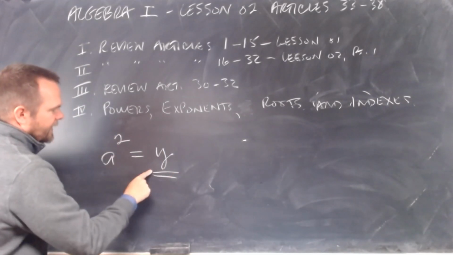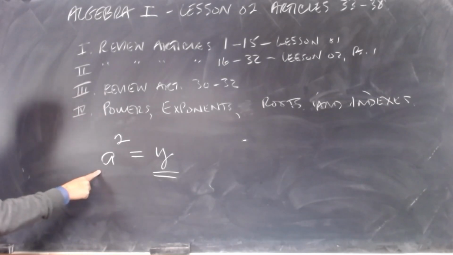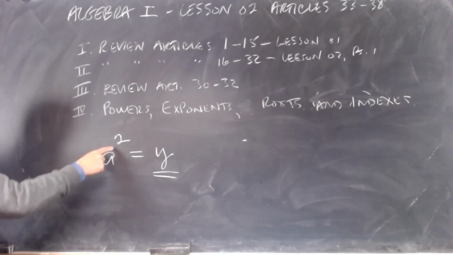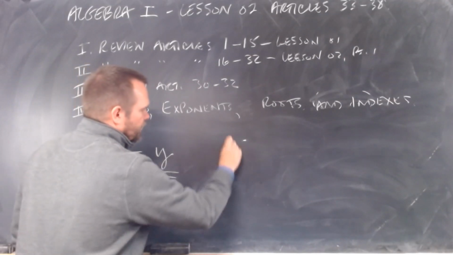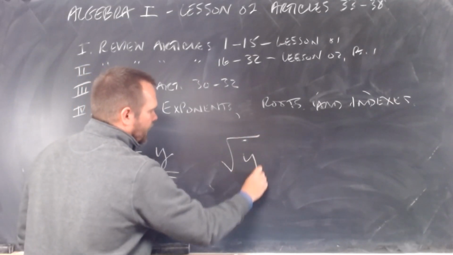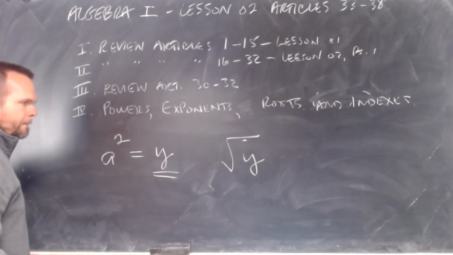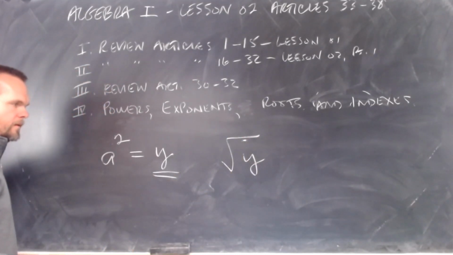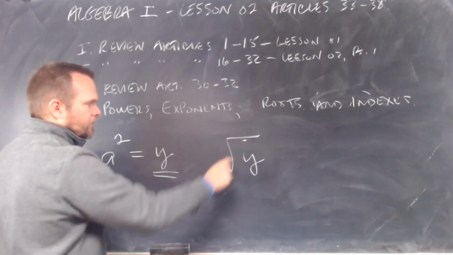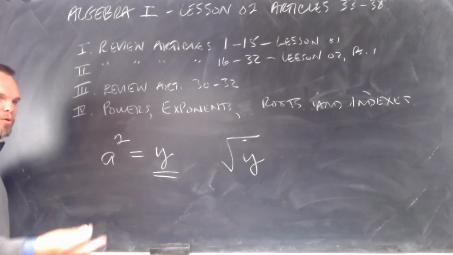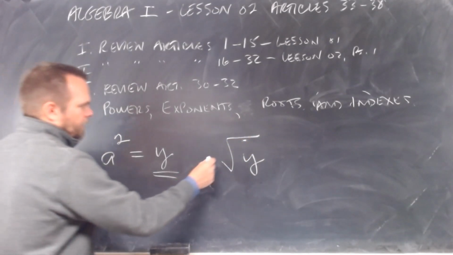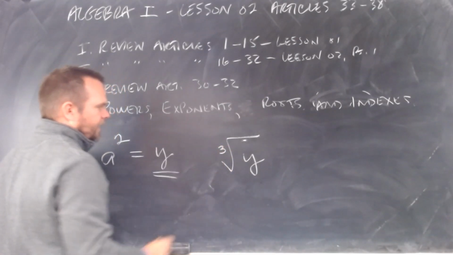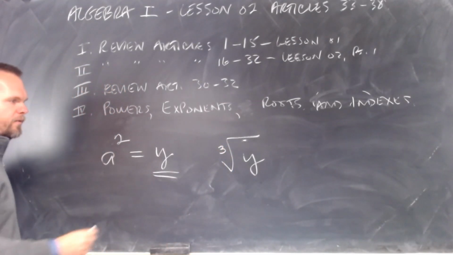This is the second power of a. This is an exponent. If I ask for the square root of y, this is called the radical sign. The radical sign represents a root. If I have a small number that indicates what root I'm asking for,